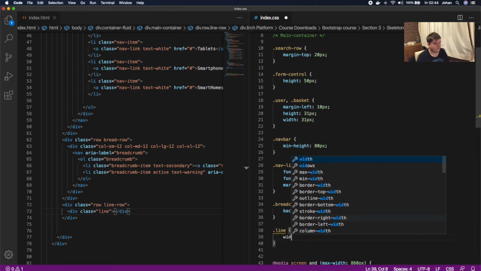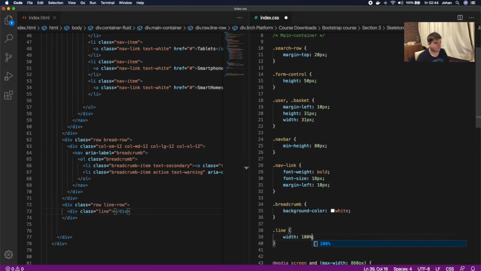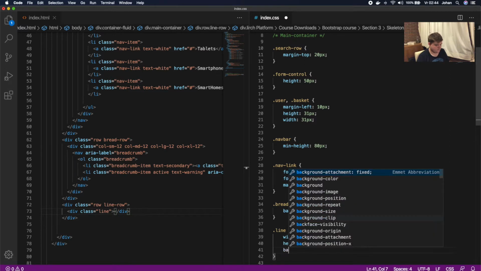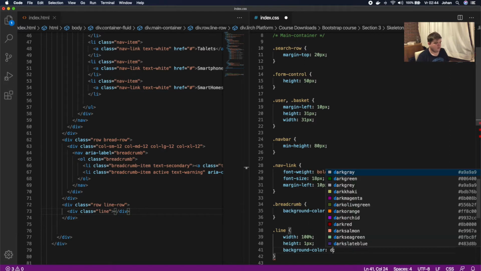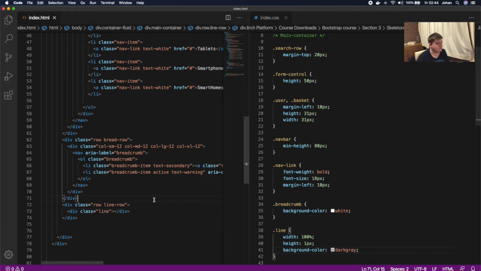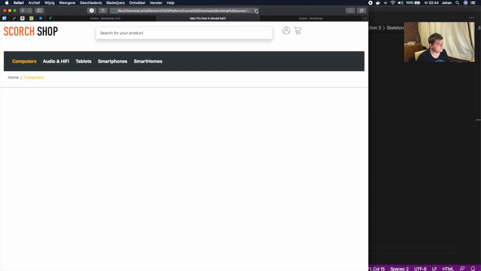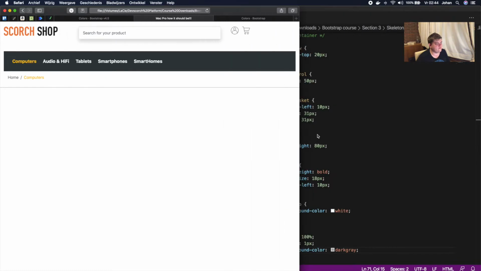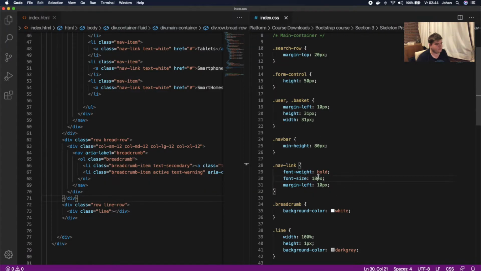We give it a width of 100%, and we're going to give it a height of 1 pixel. And we're going to give it the background color. Okay, so we're going to give it the background color of dark gray. Let's see how this looks. Pretty cool. But the width, we don't need a width of 100%. So let's give this a width